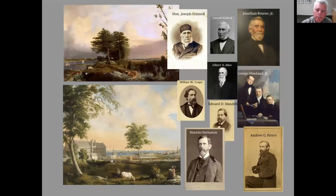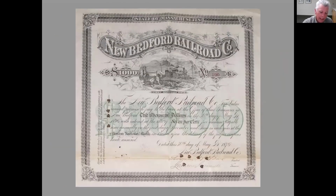So the railroad came to New Bedford in 1840. It was a branch of the 1836 Taunton Branch Railroad running between Taunton and Mansfield, which in turn fed the Boston and Providence Railroad. This stock share certificate dates from 1874, when the New Bedford Railroad Company was operating the line, which in 1879 merged with the Boston, Clinton, and Fitchburg line. And then later in 1893, it became the famous New York, New Haven, and Hartford Railroad, which operated until 1959,